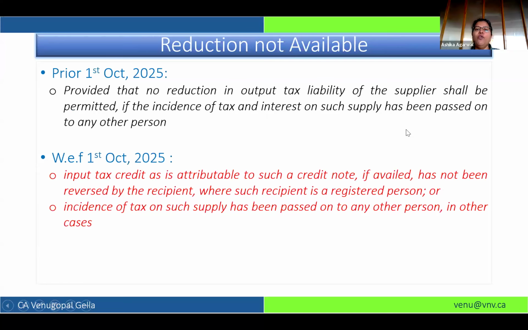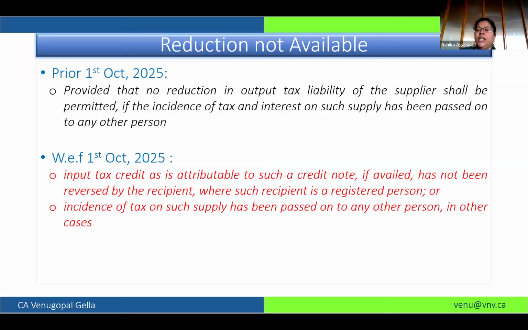And one more thing which we want to bring into your point is, if you were aware, for credit note, officers were asking to give a declaration to the fact that your recipient has reversed the ITC. So there was a specific circular they have brought in. Earlier, there was no such mechanism to check whether the recipient has reversed the ITC or not.